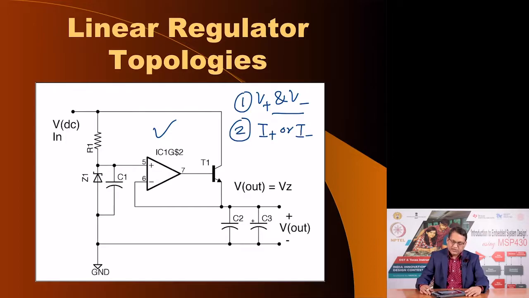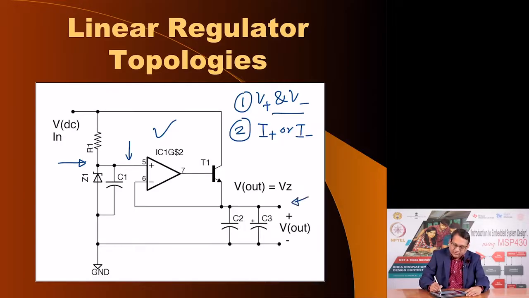Anyway, we can use these two rules of thumb to see how this op amp circuit together with the transistor can work as a linear voltage regulator. I apply a Zener voltage as in the previous case at the non-inverting terminal. The principle of the operational amplifier is to ensure that when you have negative feedback, the two input terminals will have identical voltage. Therefore, if the non-inverting terminal has a voltage equal to Vz, the circuit will ensure that the inverting terminal also is equal to Vz, which means the output is equal